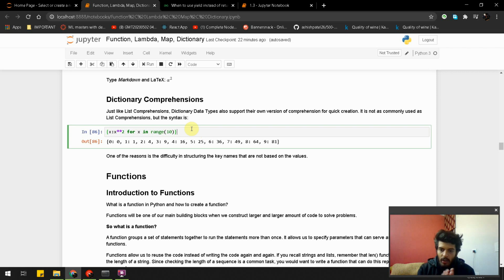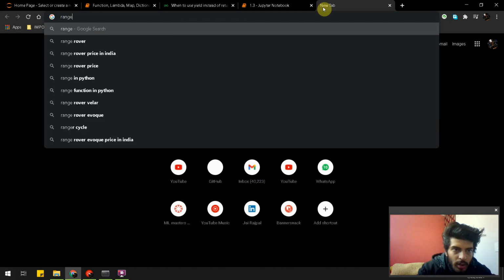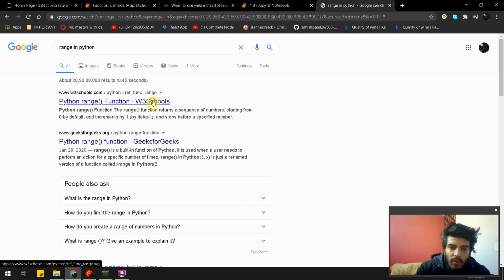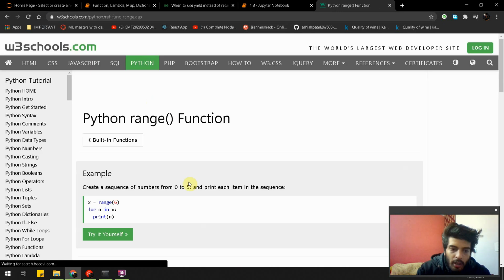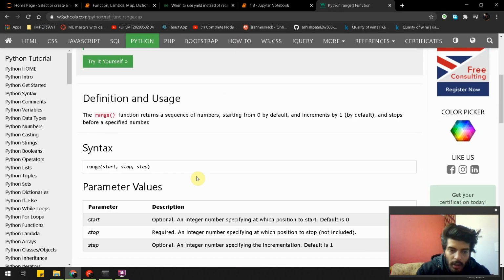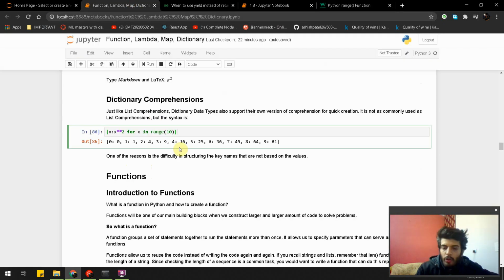It's easy, you can google it, or let me show you guys. Range in Python, it's really easy. It has a start point, a stop point, and a step. If we don't have any start or step, the stop is a must for range.